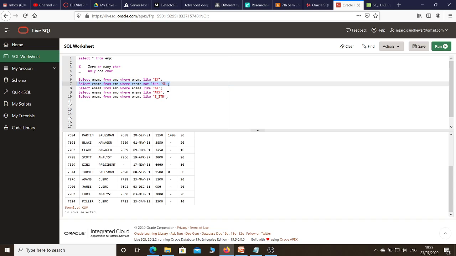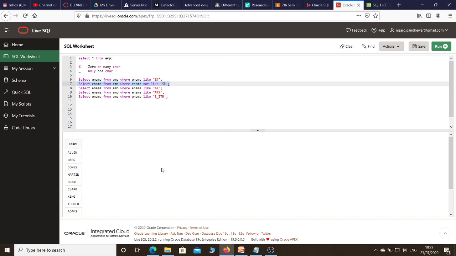So I just select this query and execute. Do I get 12 names? Yes. So just check whether Scott and Smith are present here or not. No, Scott and Smith are not present because here I have specified the pattern does not start with S. That's why I have omitted Smith and Scott.